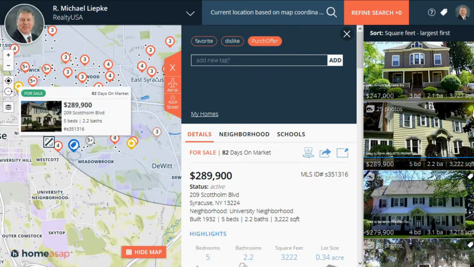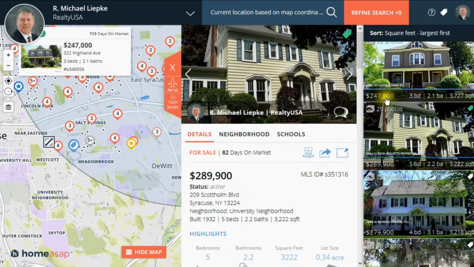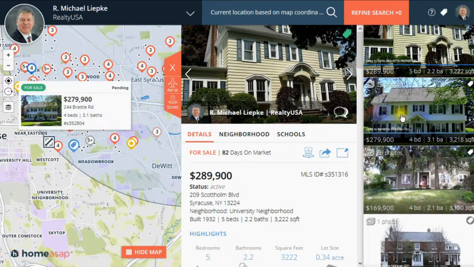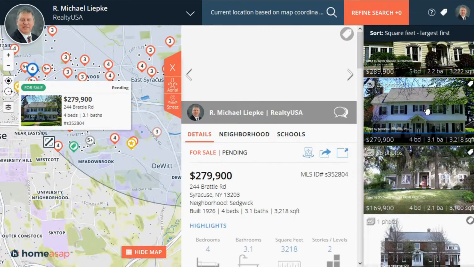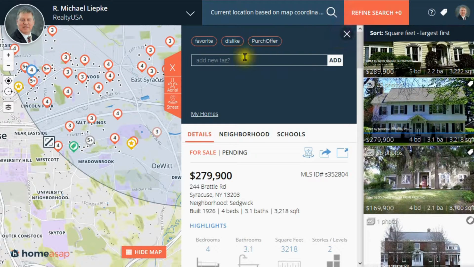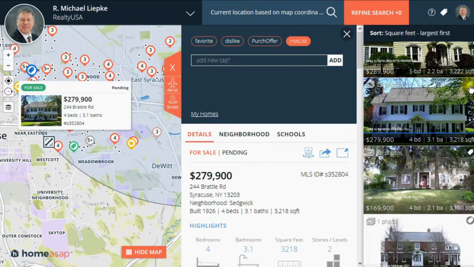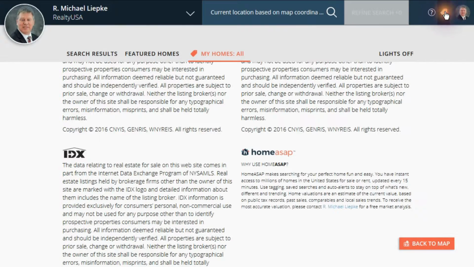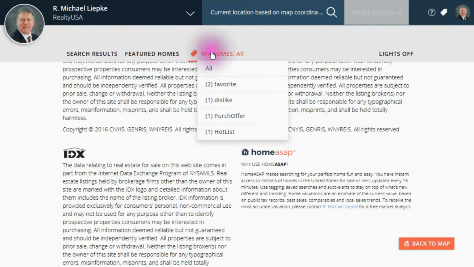Now you notice this one's added with a green tag, showing that it's user defined. Let's say this one over here, we're just going to change this to something else. We'll call it hot list. Okay, that one goes in the hot list. You notice these categories are added here, and again, because they're user defined, there's a green tag there. Now if we go over to our summary list, we'll say all of our homes,